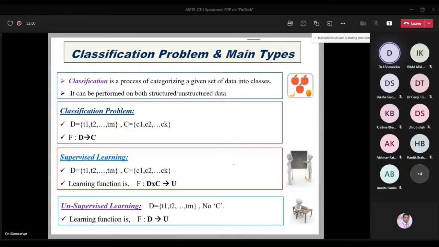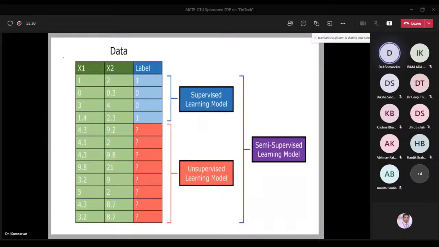That's why we are focusing only on supervised learning. That means up to yesterday, I have data of Bitcoin: low, high, starting price. Based on that, the closing price is also available. So based on that, today I'm looking for the closing price of the Bitcoin. So the data looks like this. Here you can see x1, x2. This is the labeled data. That's why we can call it supervised learning.